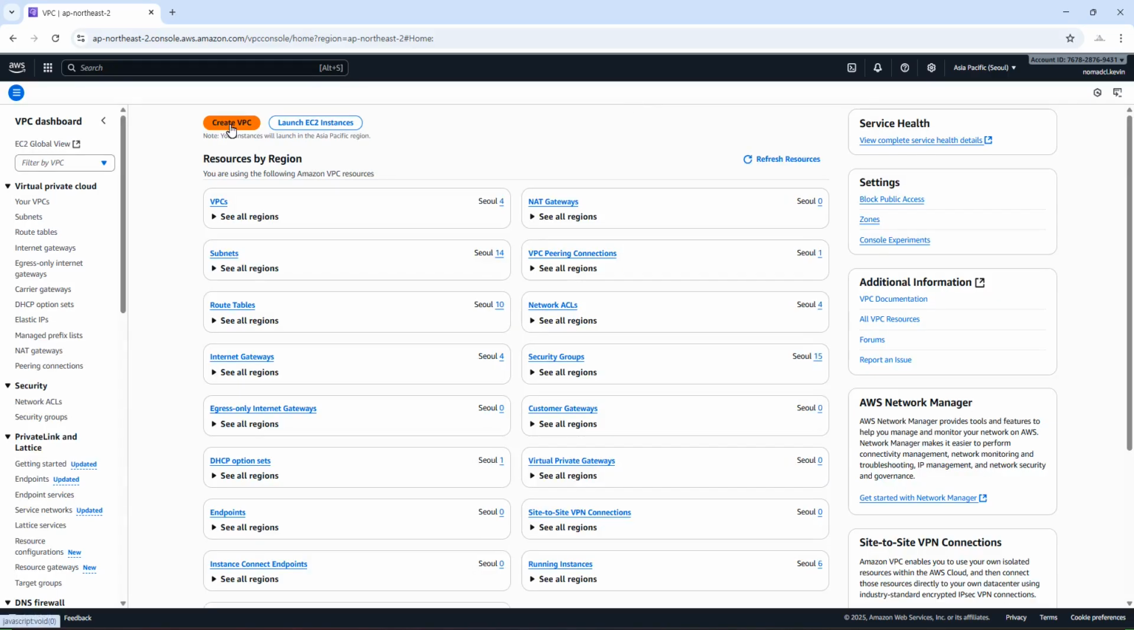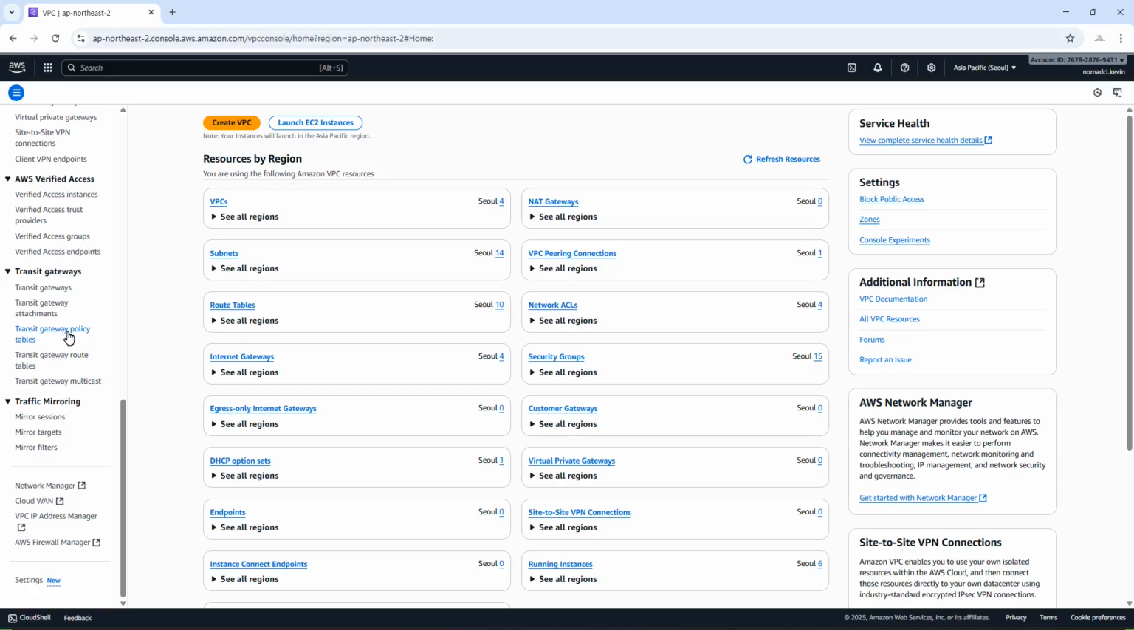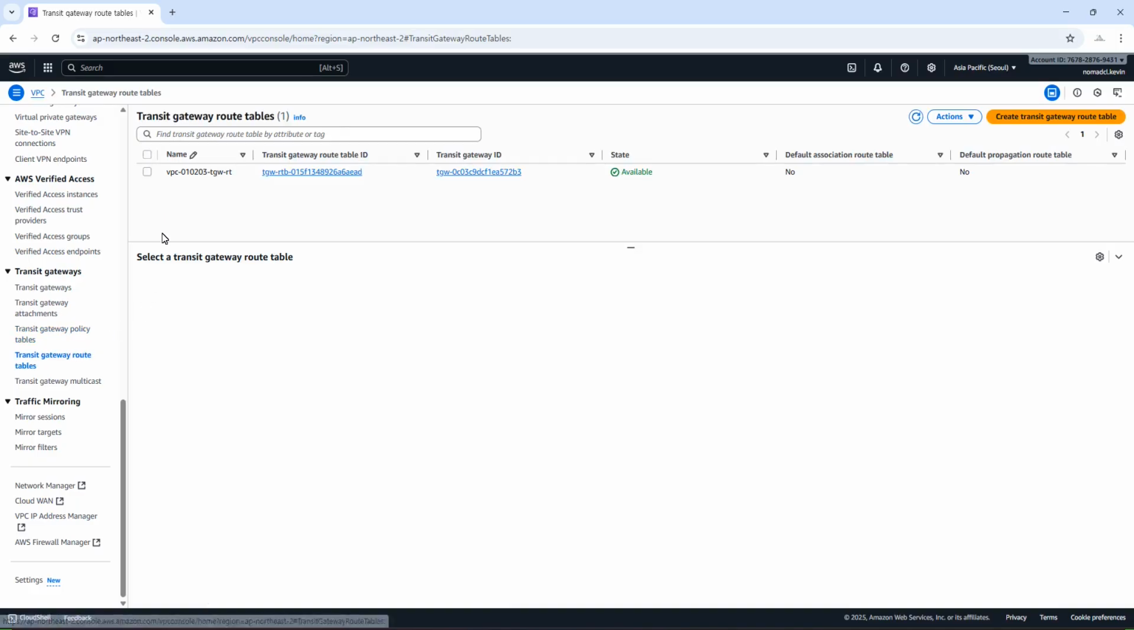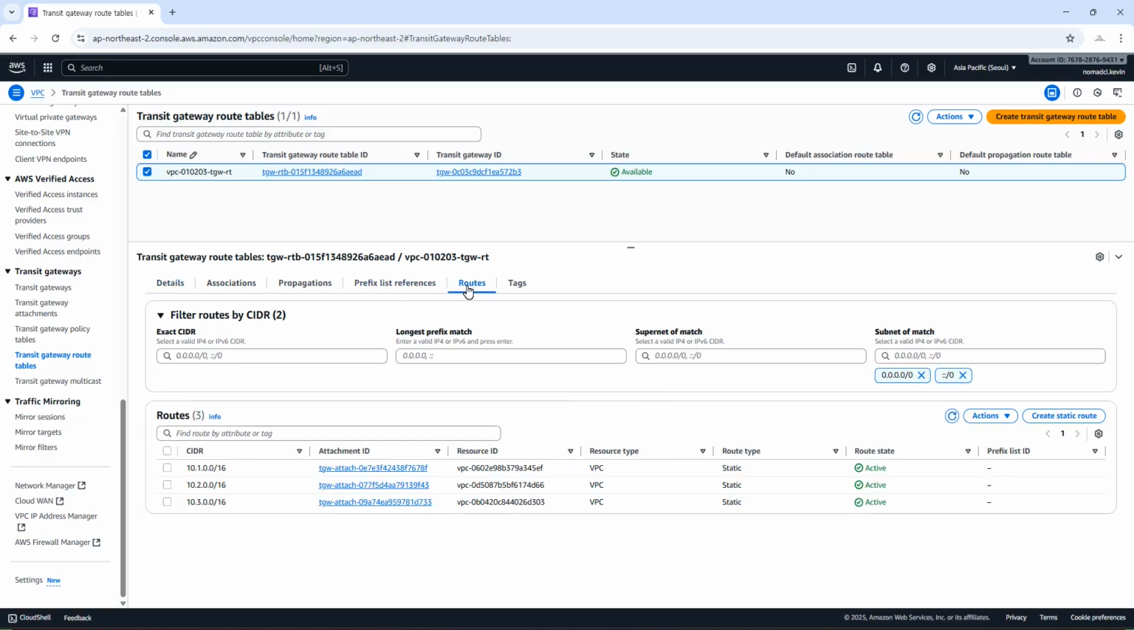From the VPC menu on the left, go to Transit Gateway Route Tables. Select the route table, then click on the Routes tab at the bottom. You will see the static routes we configured. Let's try blocking traffic which is going to VPC02. Select the static route for the CIDR block